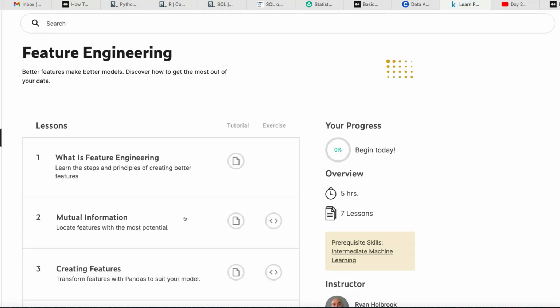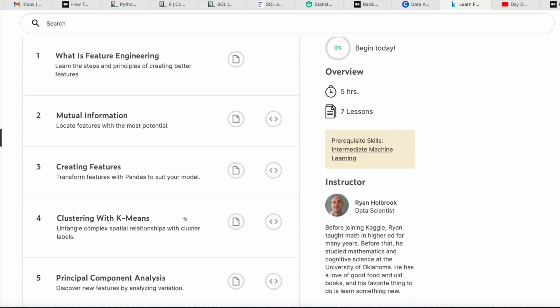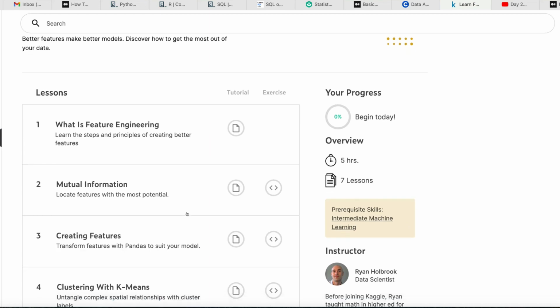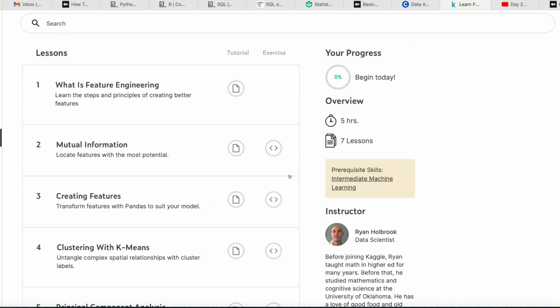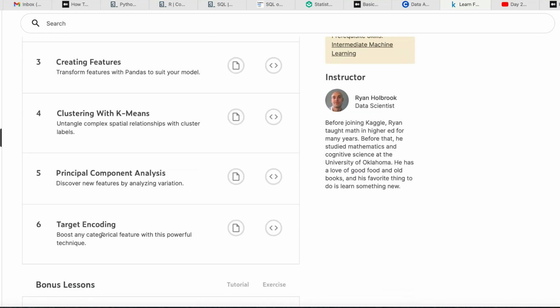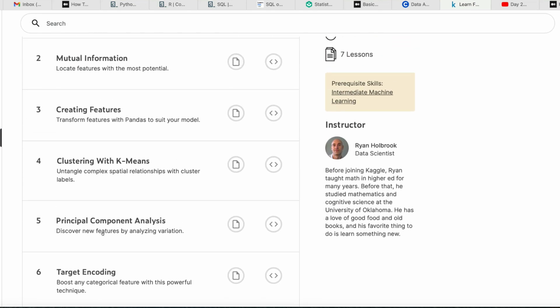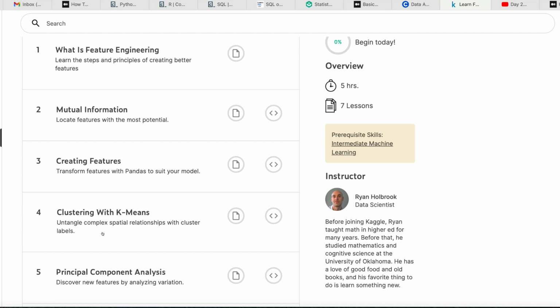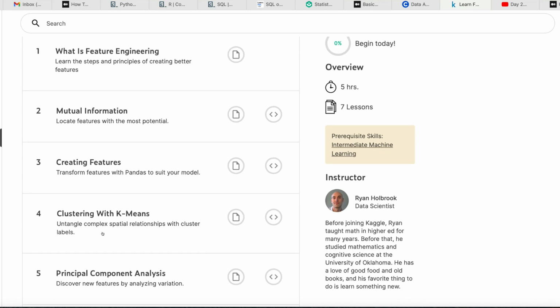These are all the various concepts that are covered as part of this small crash course, and this particular course has 7 lessons. It approximately takes you 5 hours of time, and you can spend 5 hours to learn all the things that are required. I would strongly recommend spending a few more days making use of all the concepts that you have learned, to make sure that you are comfortable with them.